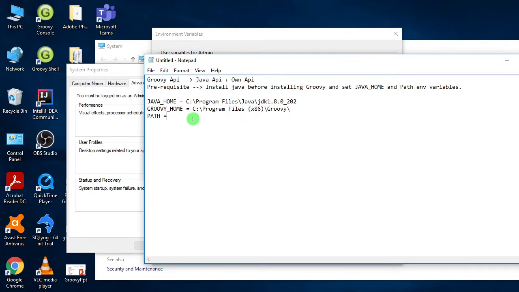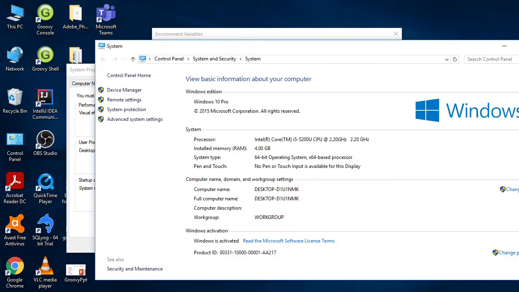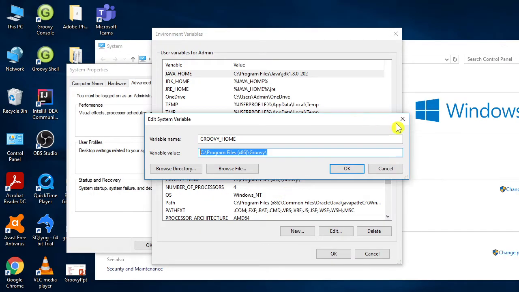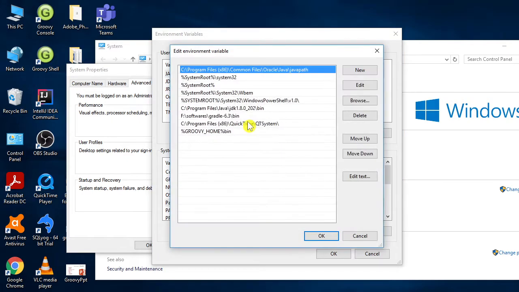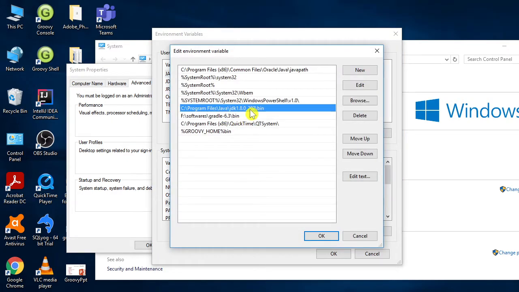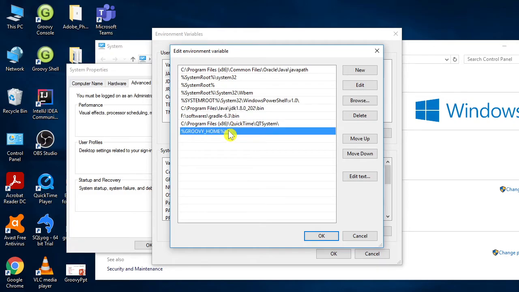And now the path will be pointing to both the bin directories of Java and Groovy as well. Here you can see those values: the bin directory of Java and the bin directory of Groovy. Copy this.